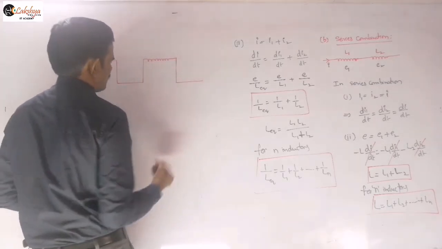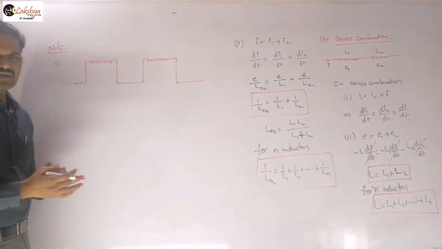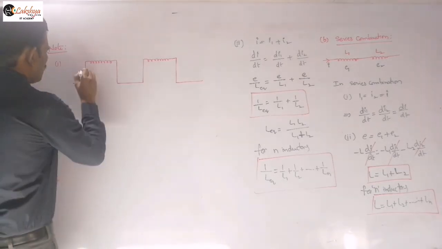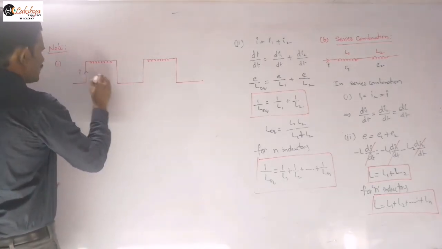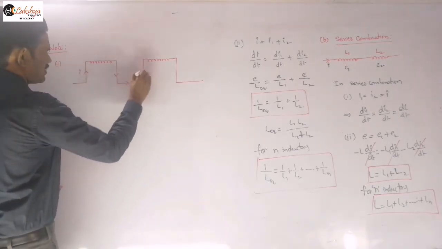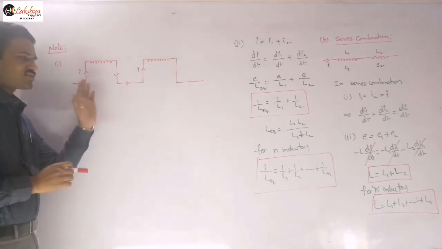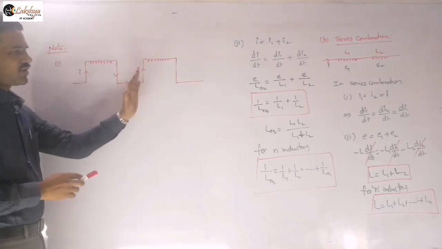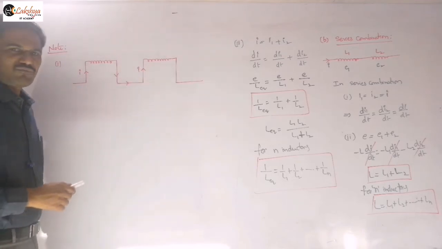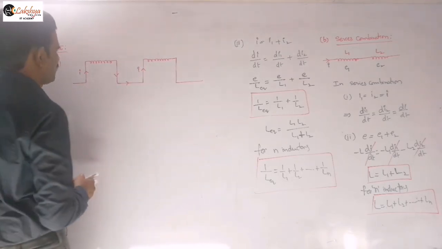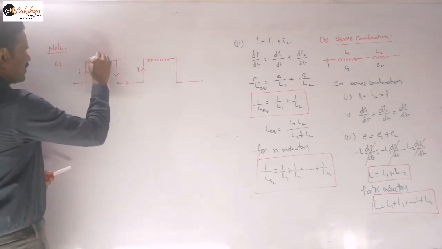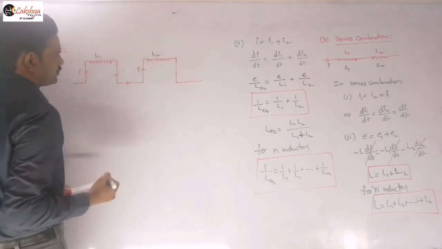So then like this I am taking, or you can consider it as in the same straight line, there is no problem. So that means the current I is flowing here, and the same current is flowing here. Current in the same direction means current in the first coil is flowing from left to right, and in the second coil it is also flowing from left to right. That is the meaning of the same direction here. So here I am taking this as L1 and this is L2.